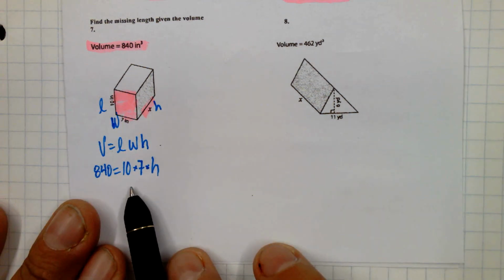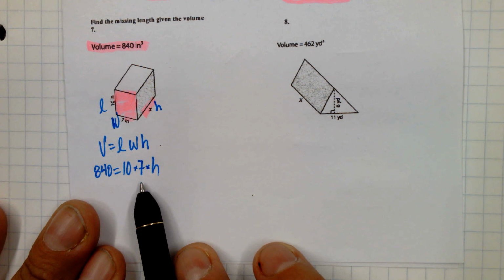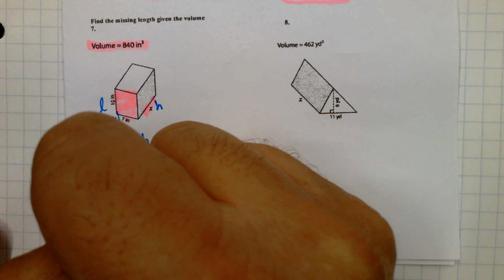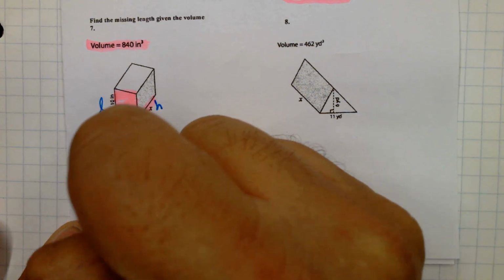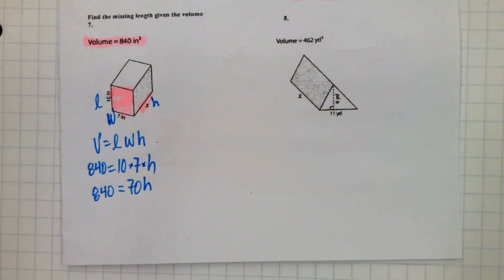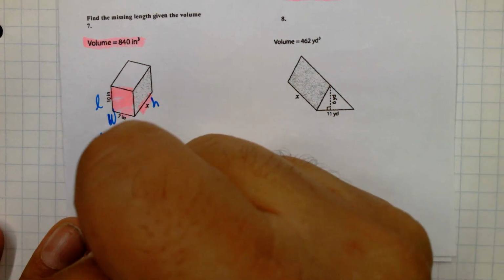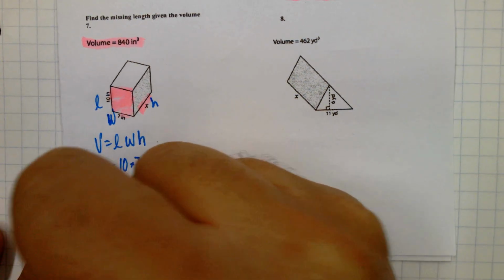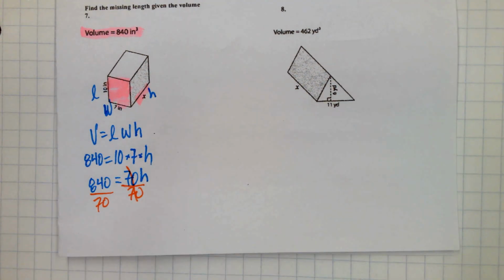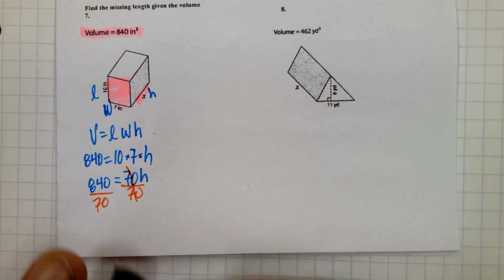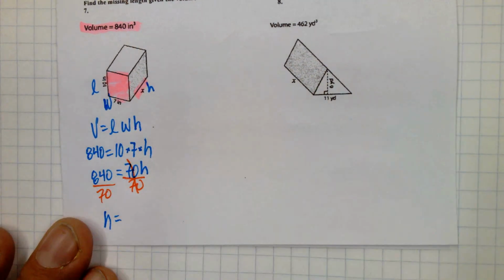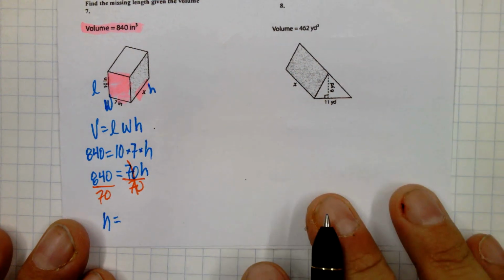Let's simplify this. Multiply the 10 times 7. So that's 840 equals 70h. Well, now it's just an equation where I could divide out 70. We always go back to this where we're solving some sort of equation. So the height is going to be 840 divided by 70,